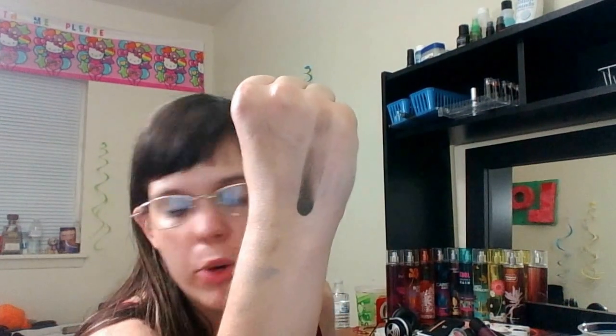I have 2 of their cream eyeliners in the shade Metallic Olive, which I will give you a quick little swatchy swatch. That is what that looks like. It is a very green taupey color, which I find very, very pretty. I'm very excited to play around with that and see what I'm going to use it for. Next I have Ivory, which is just a white,